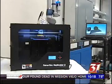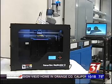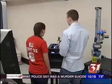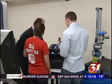It may not look like much, but this unassuming box is rapidly changing the very way products are made. And here at Bradley University, they're learning how it works. We want a student to understand, to be a manufacturing engineer, you need to understand constant improvement with different types